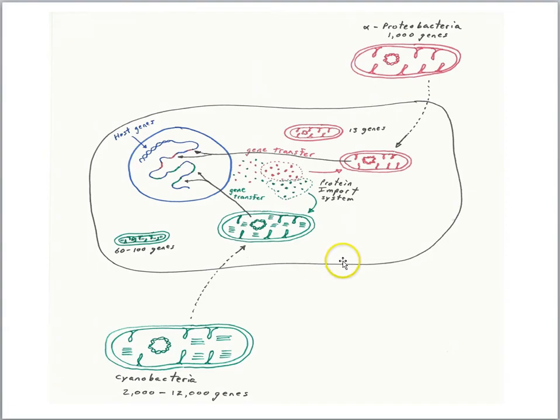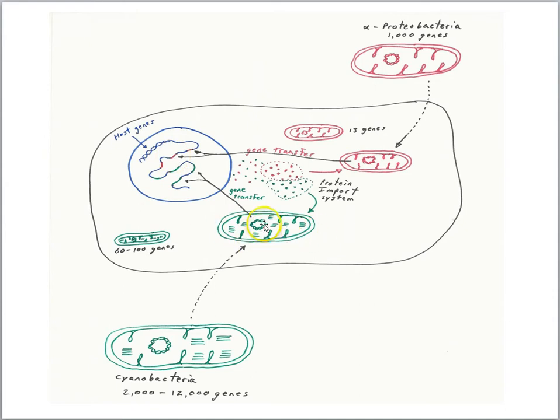And the reason can be seen in this diagram. Now here we have the nucleus of the plant cell. The plant cell has mitochondria and it has chloroplasts. Now scientists think in the case of mitochondria, the original bacteria that got incorporated, the ancestor of mitochondria, would have had maybe something like 1,000 genes. Genes are regions of DNA that code for proteins. But today's mitochondria, while there is a circular piece of DNA, have only 13 genes. Many of the genes got transferred to the nucleus.